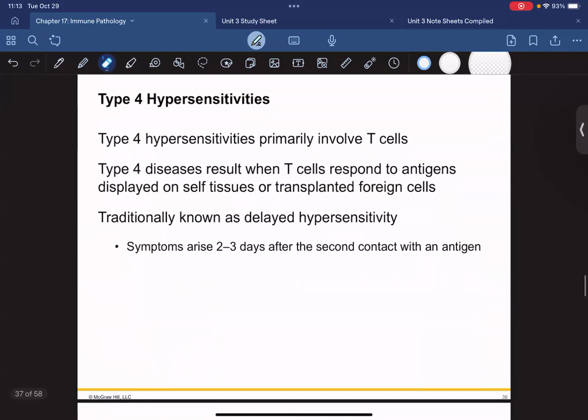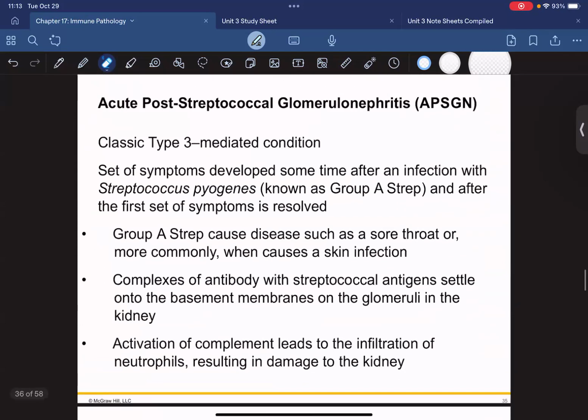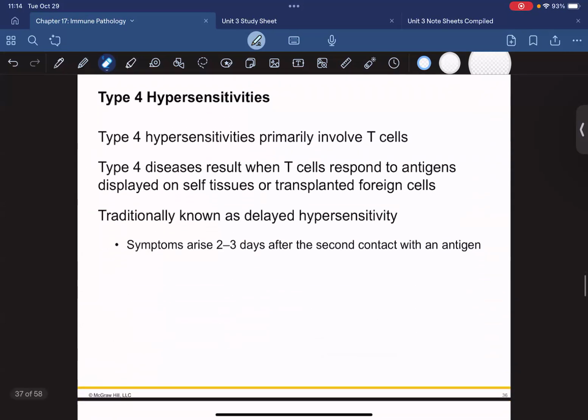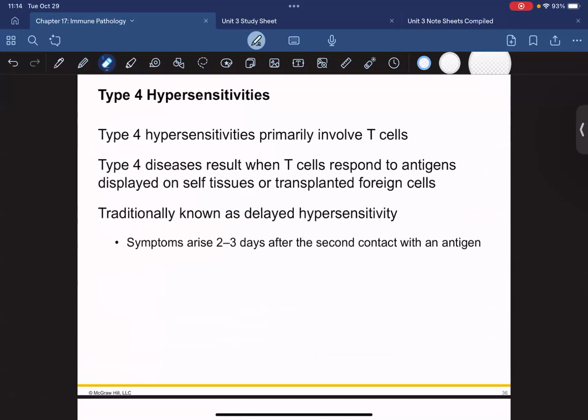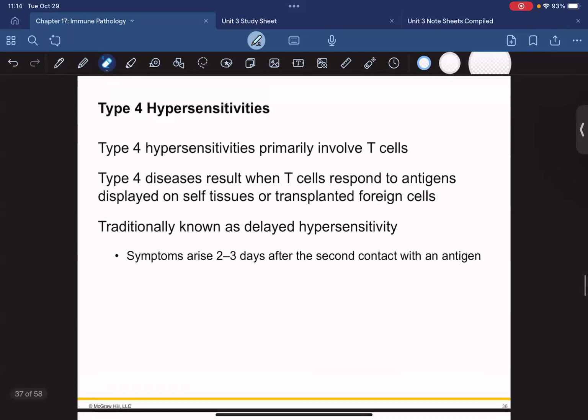All right, moving on to type 4. But you can see how, if this is getting stuck in tiny blood vessels, like in the face, for example, you get the butterfly rash with lupus. If they're getting in tiny blood vessels in your joints or in the structures of your joints, you're going to get inflammation there, leading to rheumatoid arthritis. So that leads to autoimmune diseases as well. Lupus, and also ankylosing spondylitis. So that's spinal and other skeletal issues, involving connective tissues. But yeah, anyways,